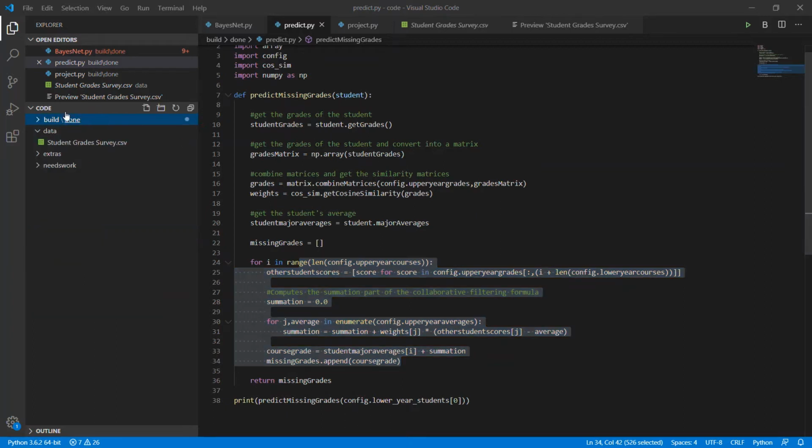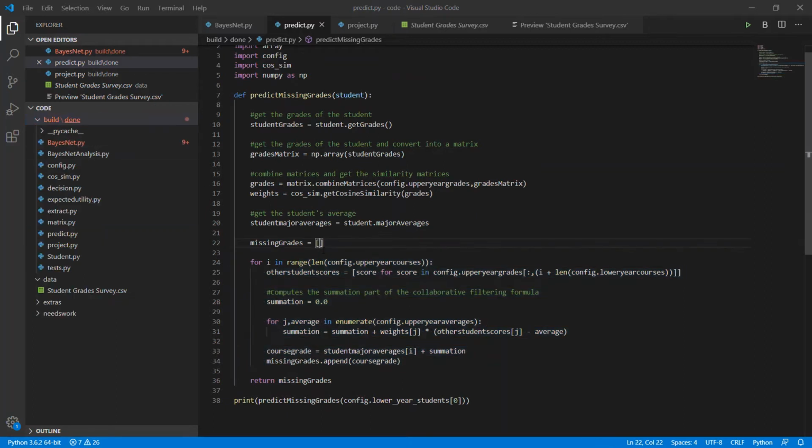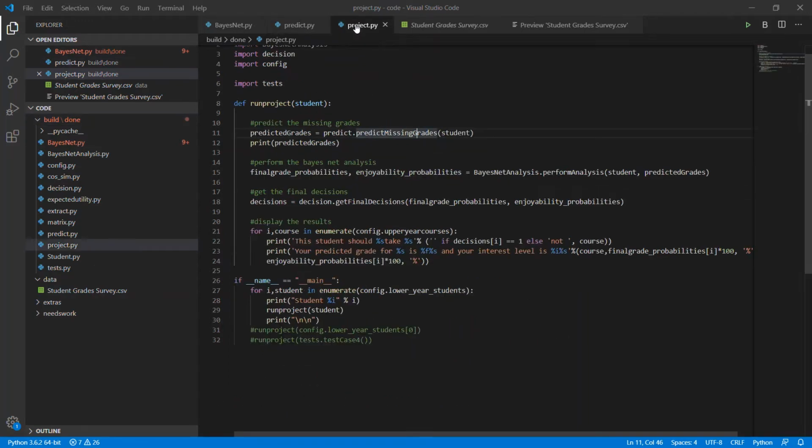So bear in mind, we're performing all of this on lower year students. Upper year students are our database, lower year students are our test data. So the next step of the project is to refine the grades that we got for the certain student. We weren't just going to stop at performing collaborative filtering. We wanted to